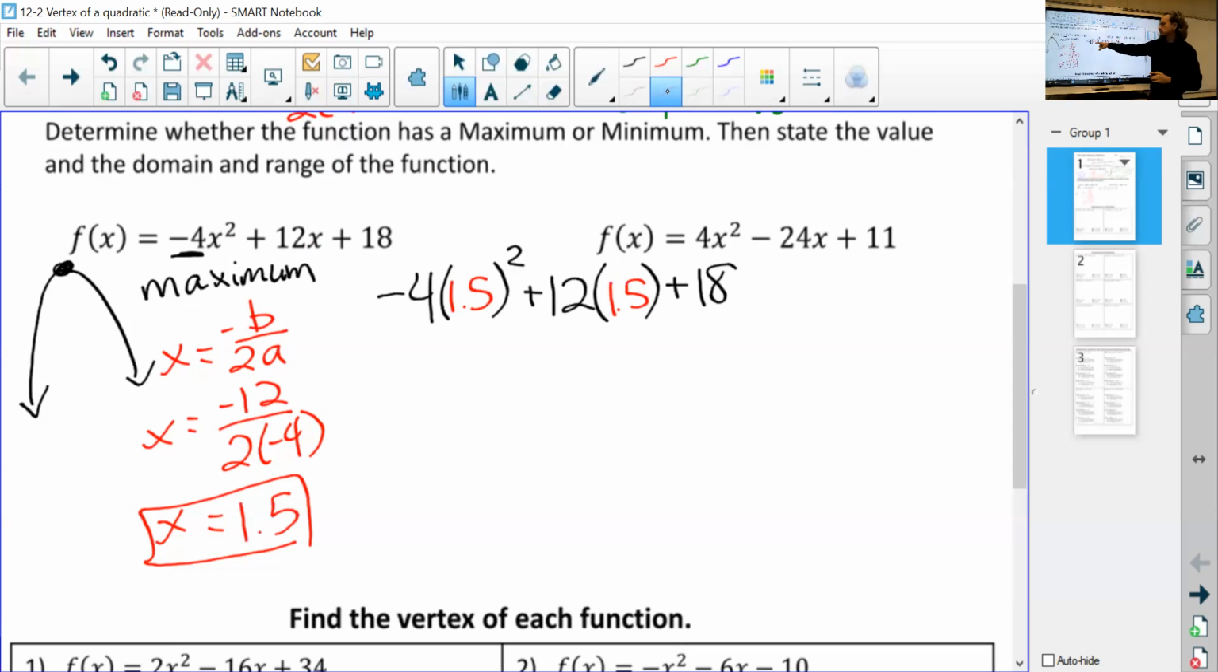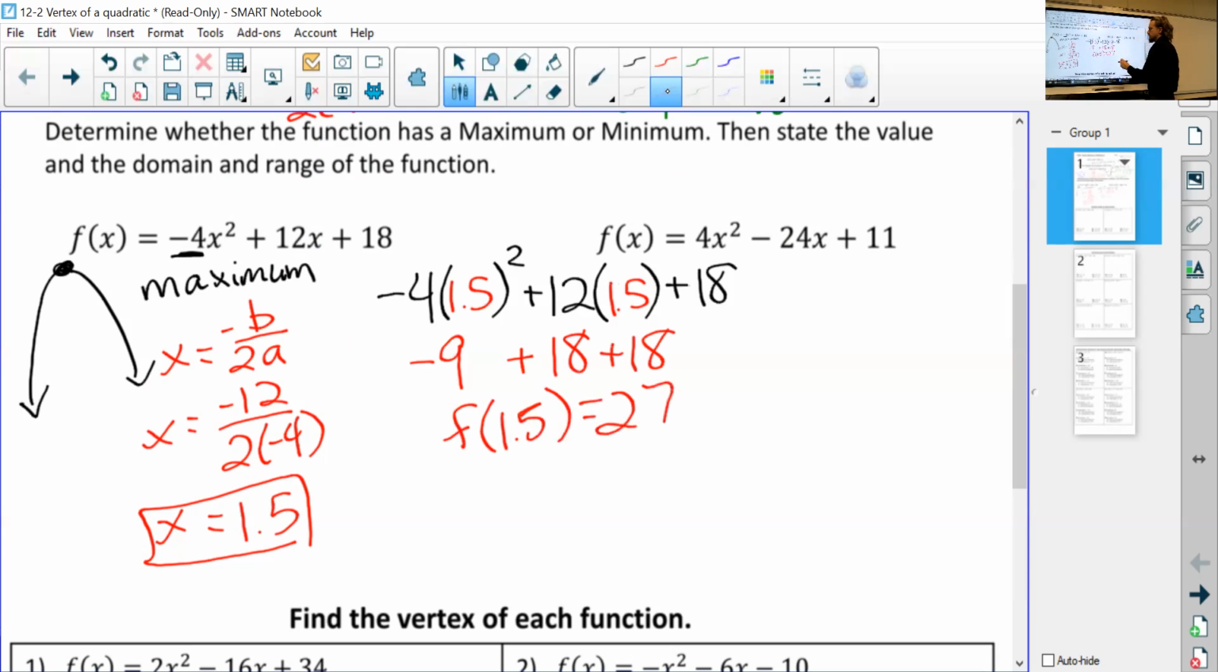This works out. Okay, so 1.5 squared is 2.25. Trust me. 2.25 times negative 4, that just works out to negative 9. 12 times 1.5 is 18. Plus 18 more. So negative 9 plus 18 is 9, and 9 plus 18 is 27. So f of 1.5